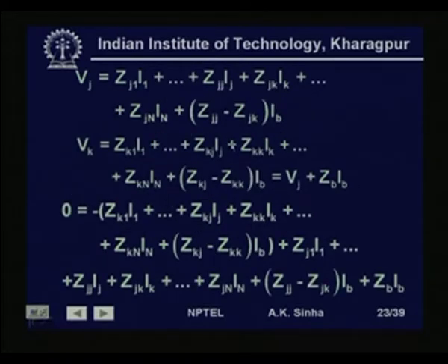So, we have Zkk into Ik minus Ib. So, Zkk Ib will be negative. So, we are adding it here in the end. So, what we get is we are writing this as